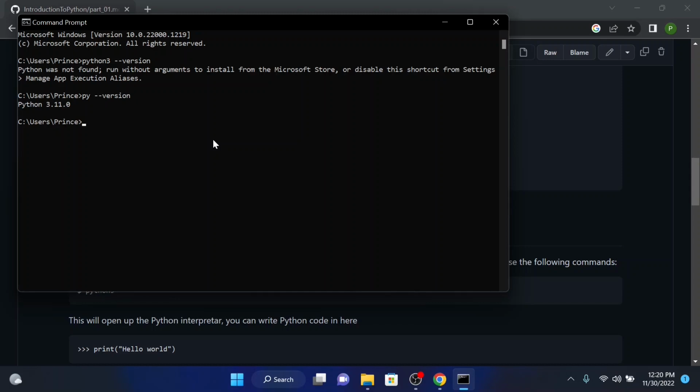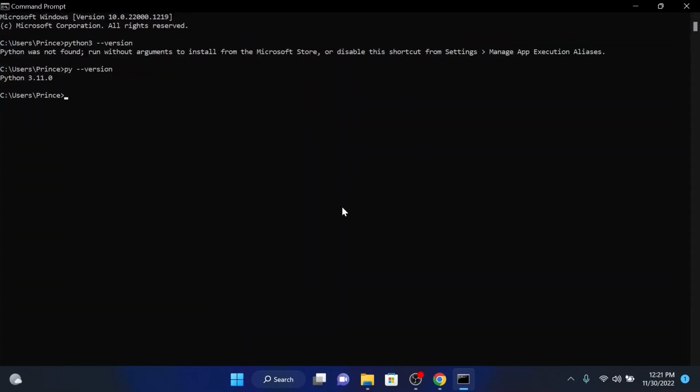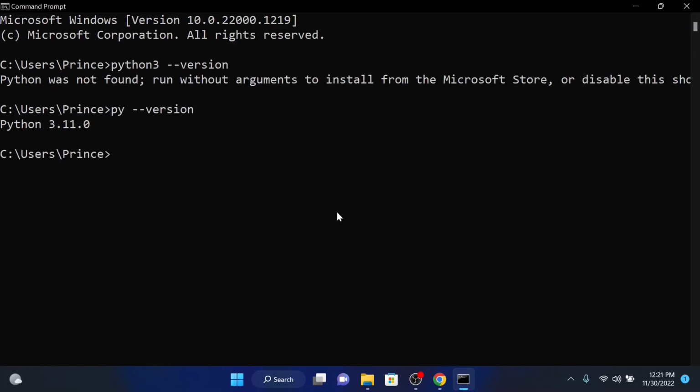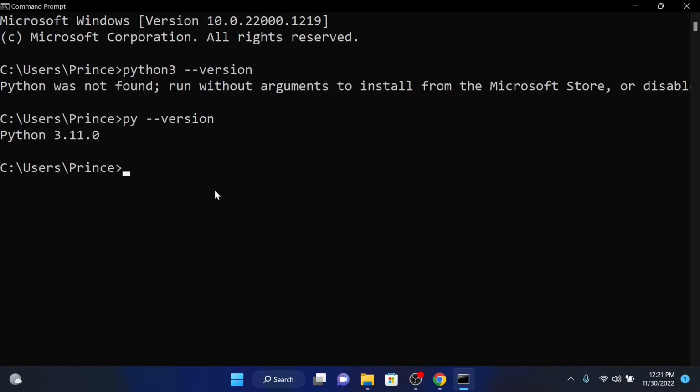It's going to return the Python version. So we installed Python 3.11.0, and you can see the Python version is now Python 3.11.0. Let me maximize this and zoom in so that you can see exactly the commands I wrote. I just did py and then hyphen version, and it returns the Python version right here. If you use python3 hyphen version like on MacBook and Linux, it's not going to work for you. Okay, so good.